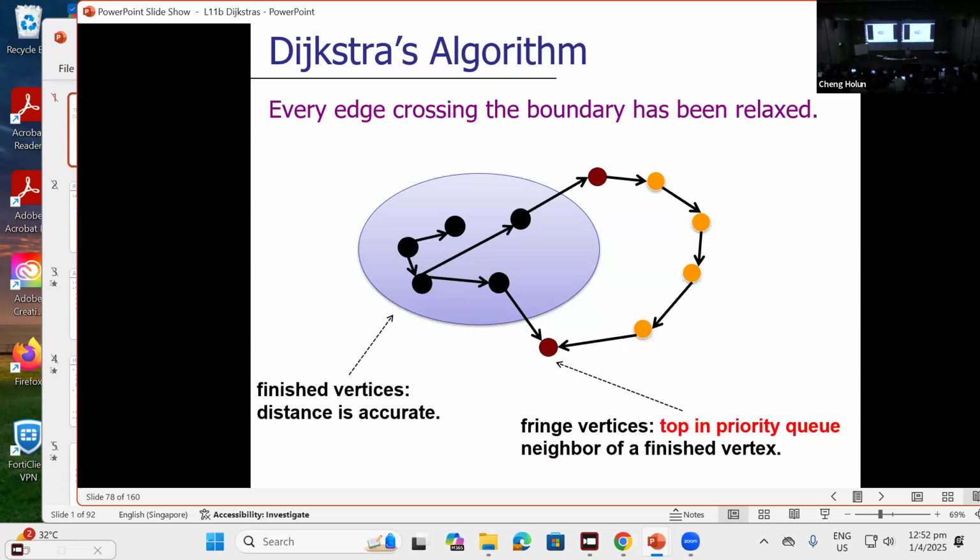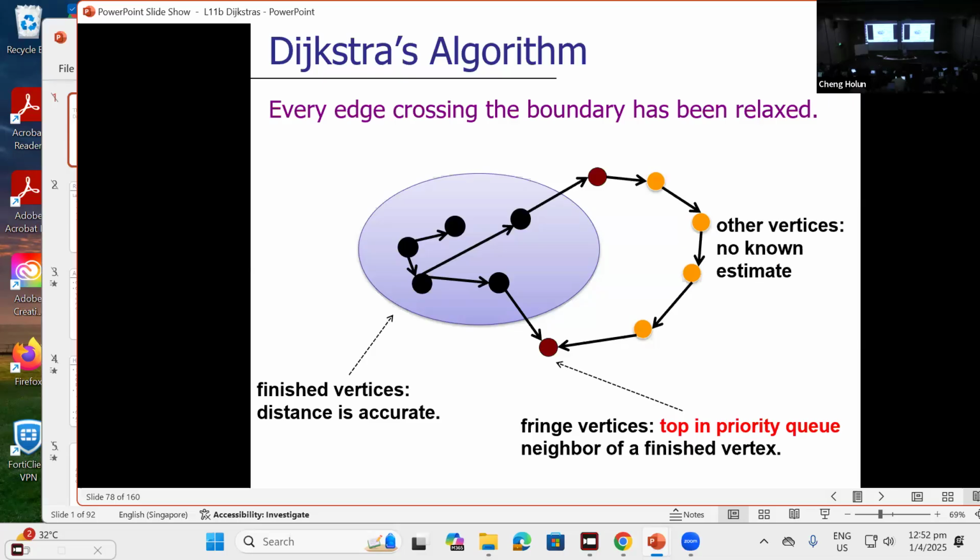And now I want to say that this vertex is the next one to be dequeued. Okay, this one is the minimum in the priority queue. I'm going to dequeue it. And the question is, if I dequeue this, what would be the situation that destroys our assumption that it has the best route? Okay, so I want to argue by contradiction,